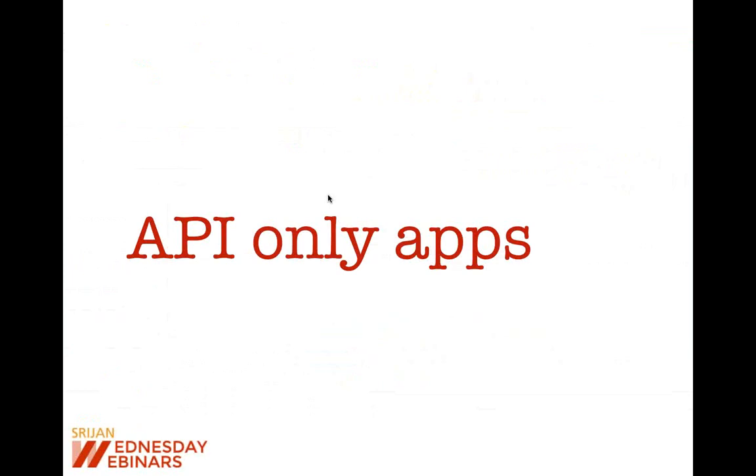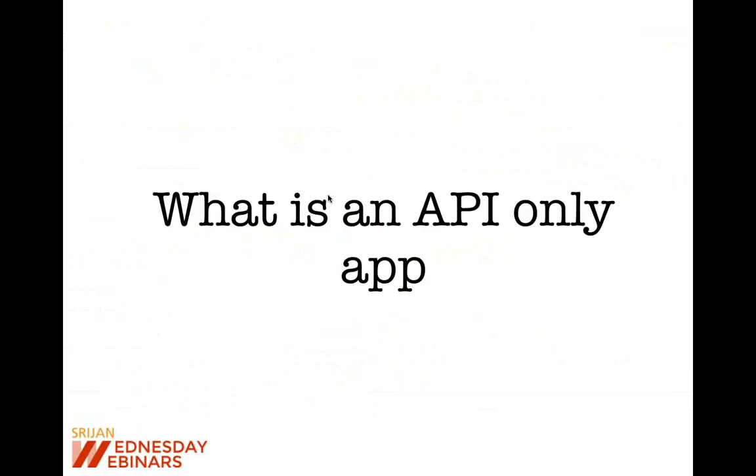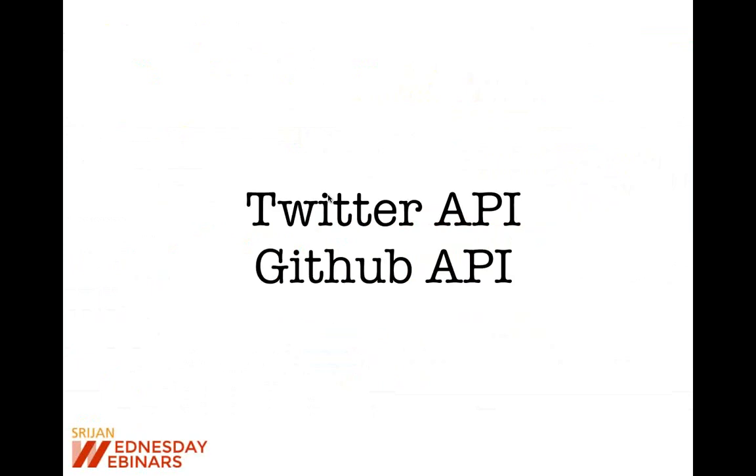The other big feature of Rails 5 is API-only apps. So now you can create apps which are API specific. But first we'll see what an API-only app actually is. If you're a web programmer, you must have heard about APIs, like the Twitter API, which gives us access to all the tweet data that Twitter shows on their website. We can use that data and display it in our app. Or the GitHub API, which gives us access to all the events that happen on GitHub, like somebody commented, somebody opened a pull request, or what commits were made to a particular repository.